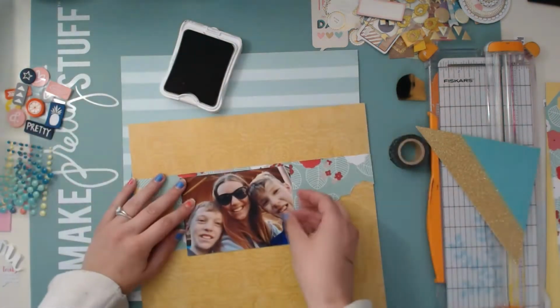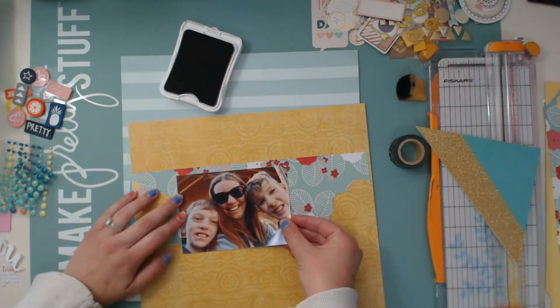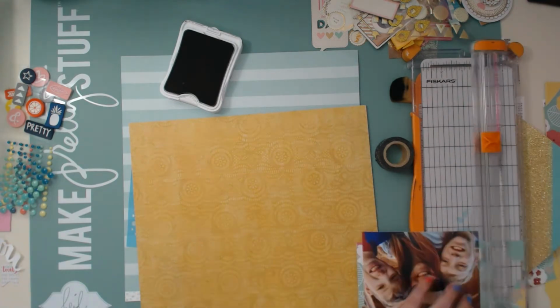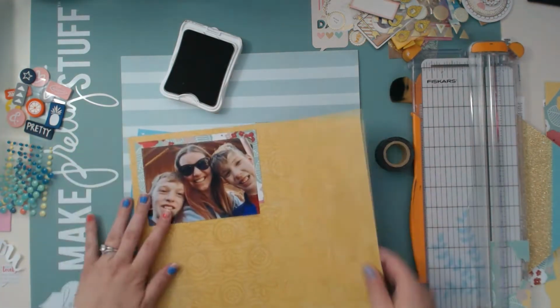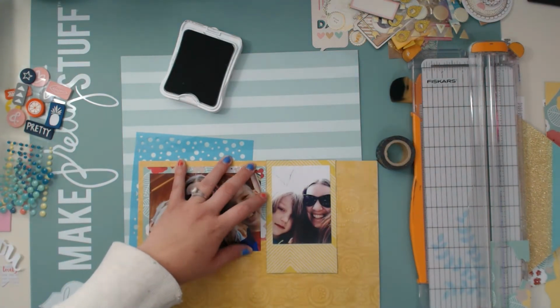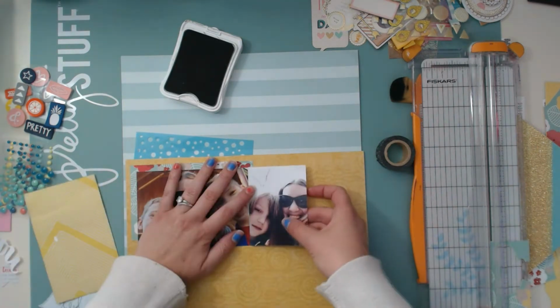So you can also see that I have a stencil in the background behind the photos there, and I am going to use that. Okay, so here I'm just cutting down this paper. It's a floral piece of paper, so check mark number 1. And I was thinking I was going to use that floral up against this